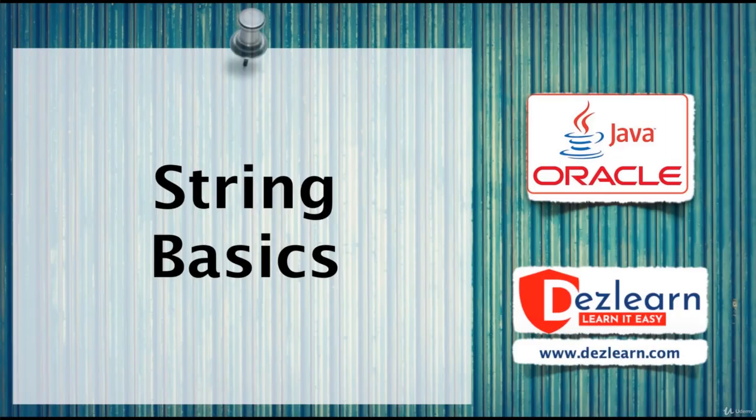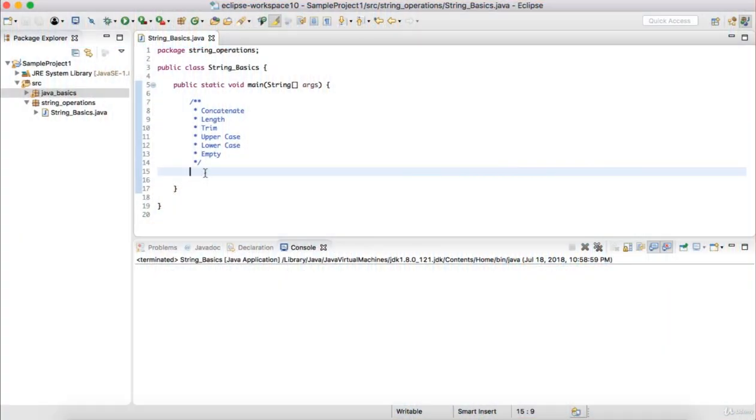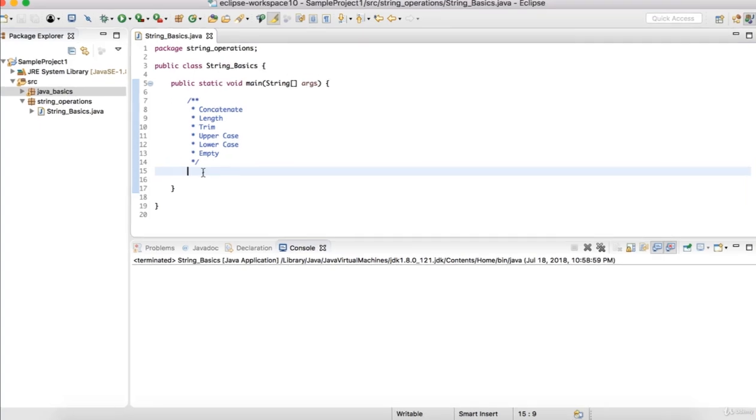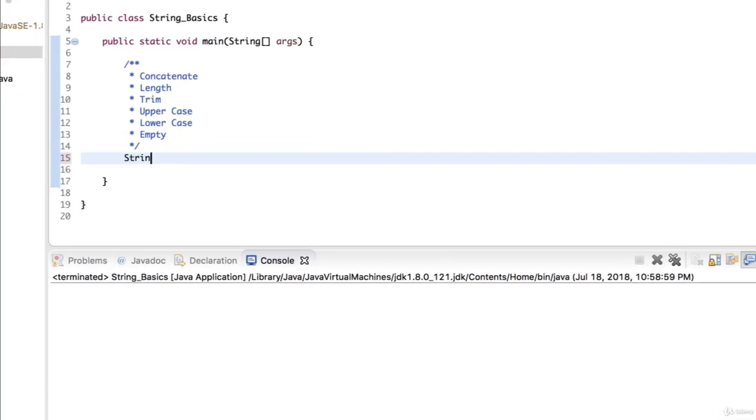Hello everyone. In this session, let us learn basic string operations: how to create strings, how to concatenate them, finding the length of the string, the trim operation, converting strings to uppercase and lowercase, and finding whether a string is empty or not empty. Kind of basic stuff. So let us start by creating two strings, say str1 is equal to Desinia